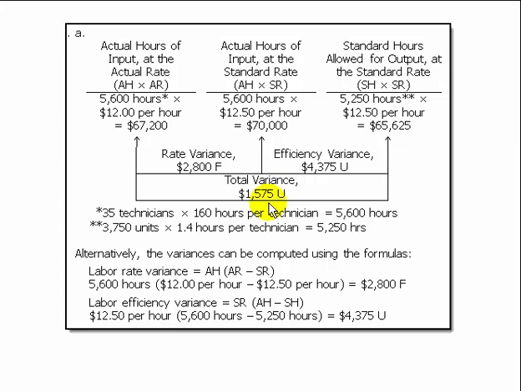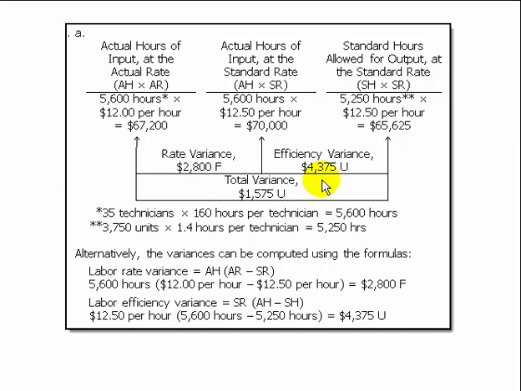So with that assumption in mind, since the variance is unfavorable, the only way we can answer this question is to say no. It looks like the labor mix didn't make sense. Although we were able to decrease the hourly rate by 50 cents, right? $12 versus $12.50, we wound up with a 2,800 favorable variance,